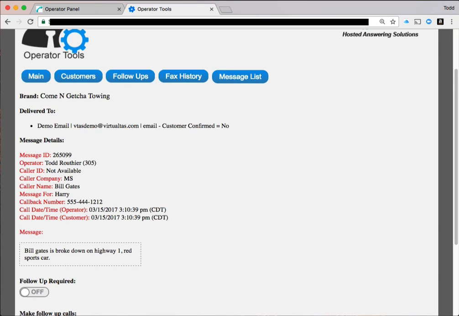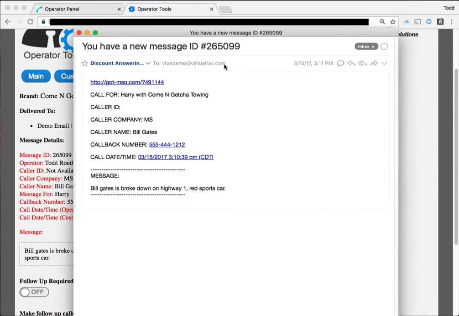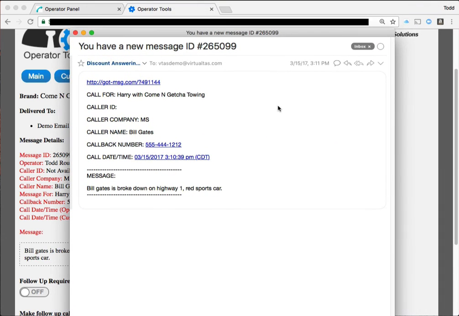That basically means that when each customer gets a message either by email or text, let me just show you what this message looks like. So this is basically what the email looks like when your customer receives it. In this case, Come and Get You Towing would receive this email. And at the very top of that, there's a link that they can click. It's similar to got-msg.com with a number at the end,